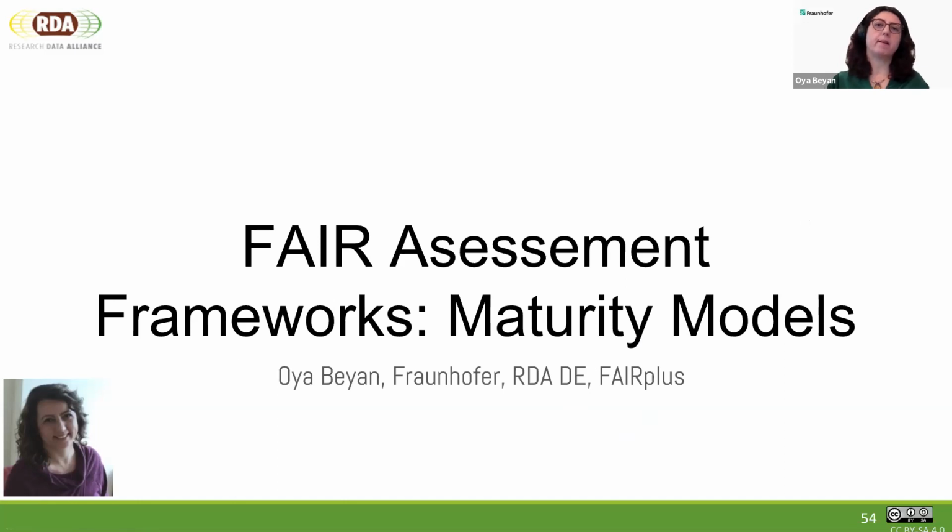Then Alicia, Mert, and Anil showed the different implementation methods and tools. Now my question is, how can I evaluate the fairness level of data? And what are the existing metrics, methods to measure the compliance of the FAIR principles? Next.